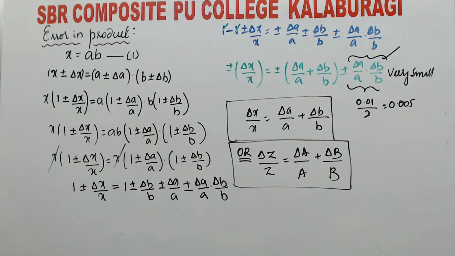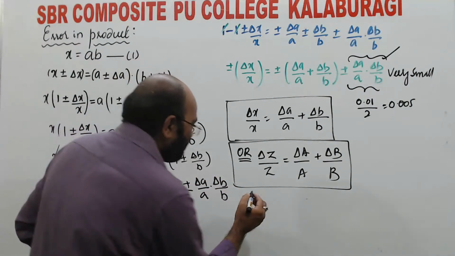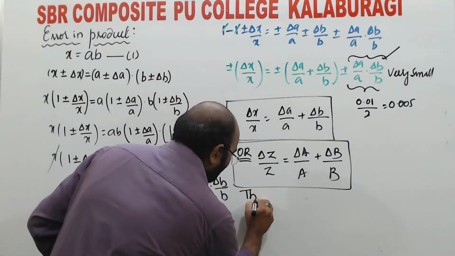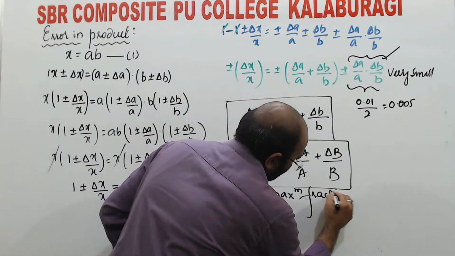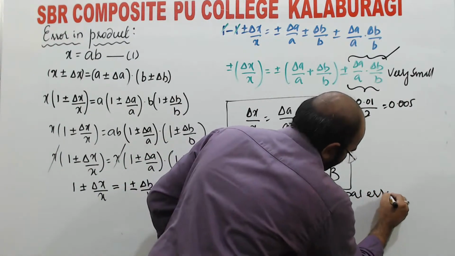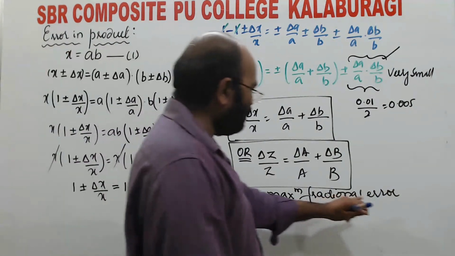And what is the rule to be applied for this? The rule which is applied is for the maximum fractional error. It is also called the fractional error, the maximum fractional error, which is obtained in the given product rule. The maximum fractional error in the product of two quantities